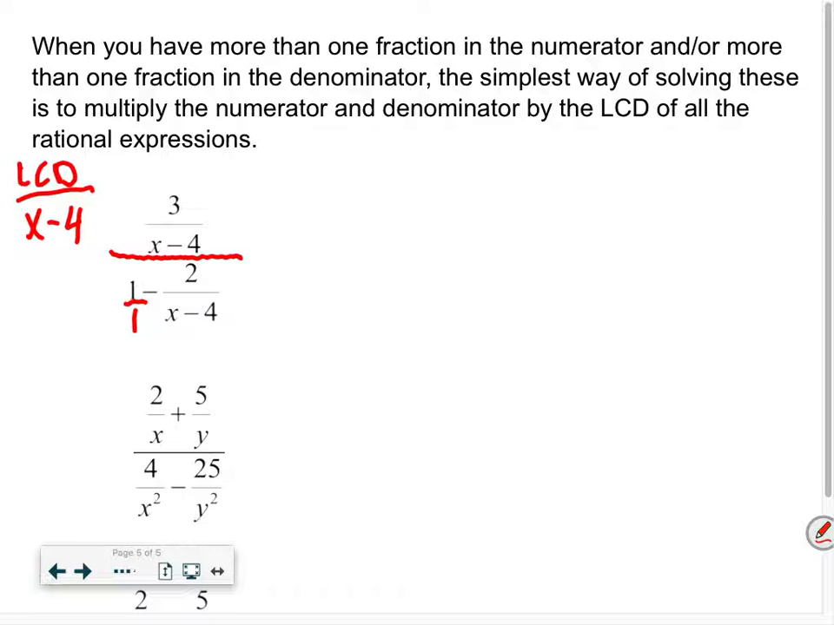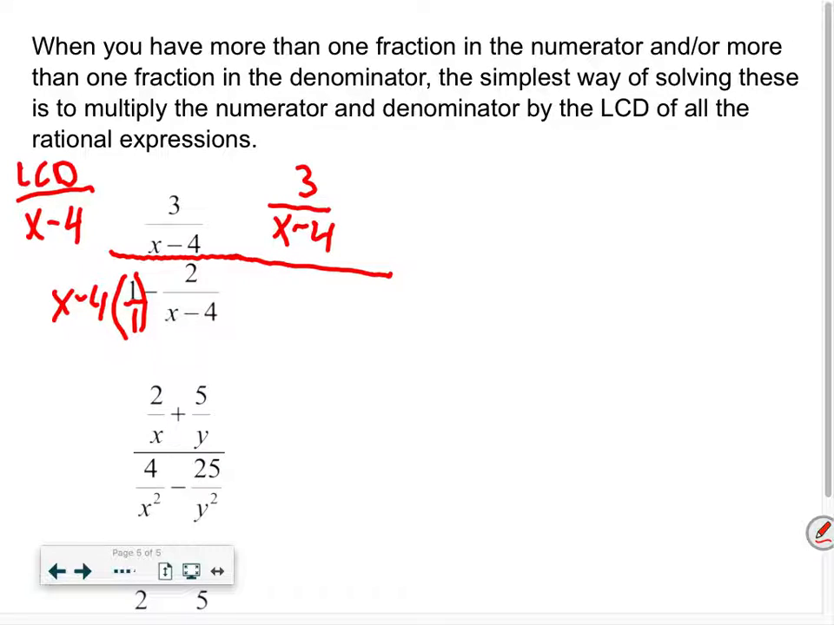So I need to take care of that one thing, which is this. What should I do to it? Multiply it by x minus 4. Honestly, very simple. So let's copy our top down. We got 3 over x minus 4